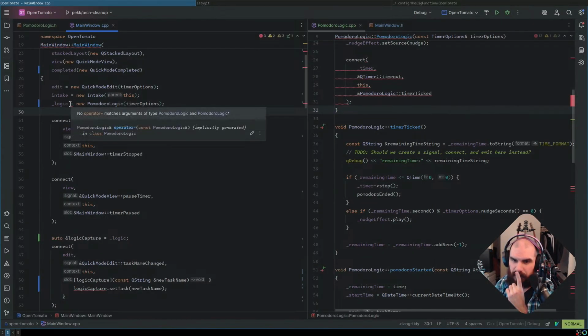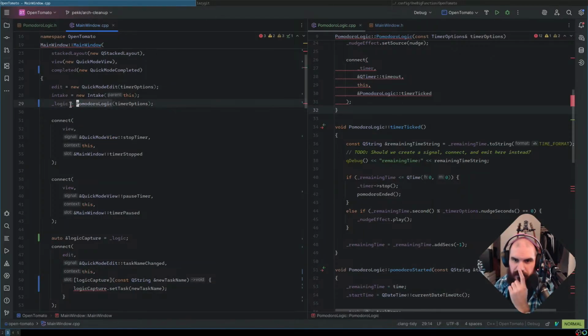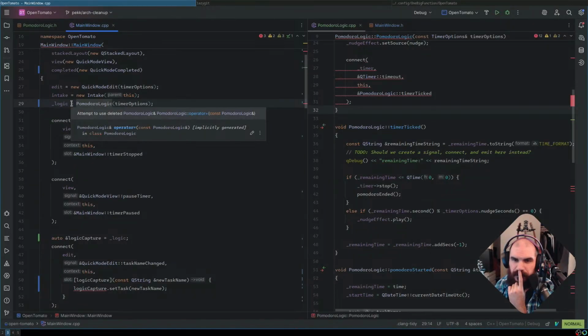No equals operator matches arguments of type this and that. Well, yeah, sorry. I wanted to go back to this and get this one again. Implicitly generated. Attempt to use deleted Pomodoro logic assignment operator.